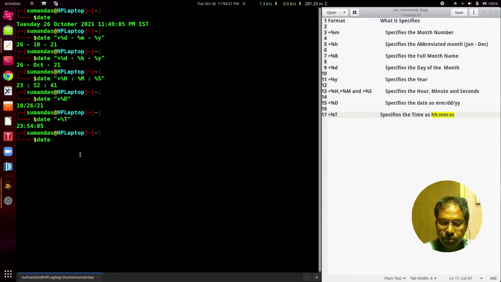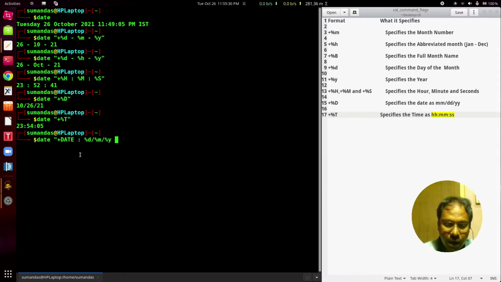Suppose date, then start of double quote, plus sign must be there. Then suppose I am writing date, then colon, then percent D, small d. Then to separate the date, month and year, we can use backslash, then percent M, then backslash, then percent Y, small y.